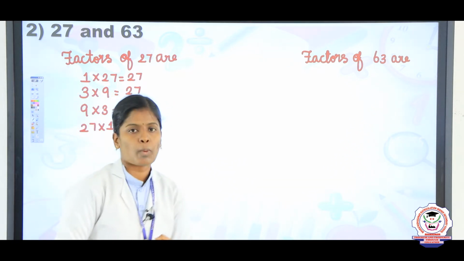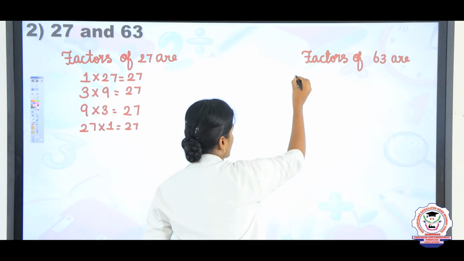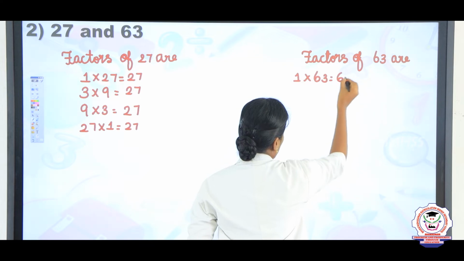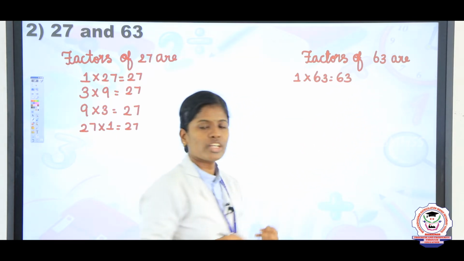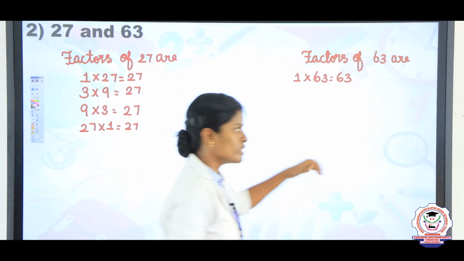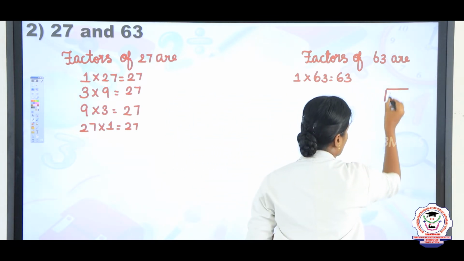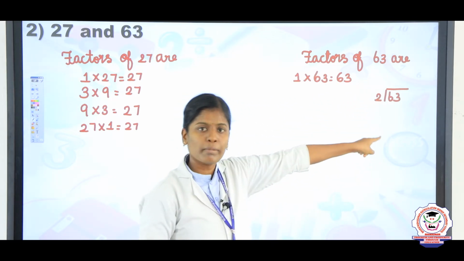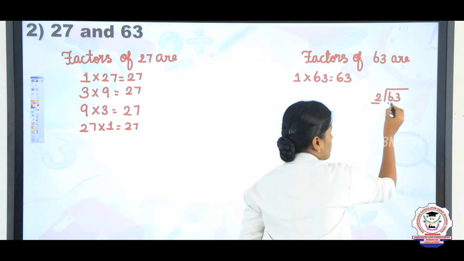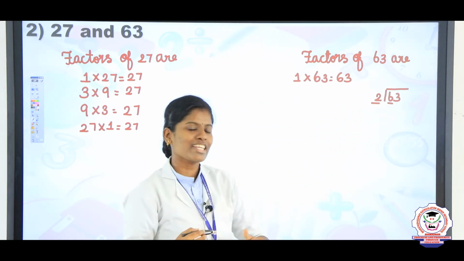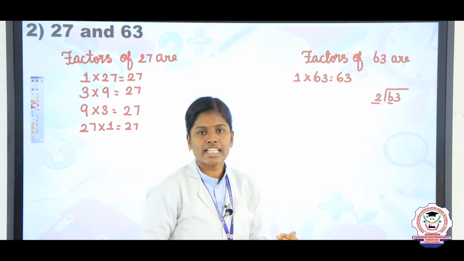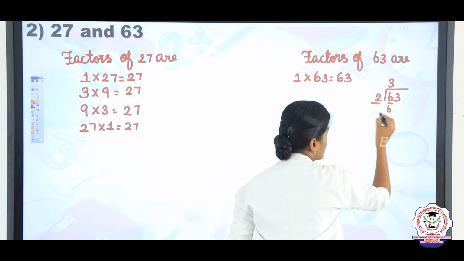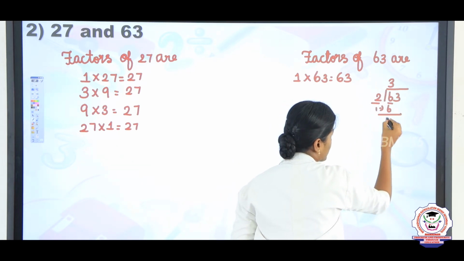The first table is 1 table. So write 1 63s are 63. And next I am going to take 2 table. So whether it has or not. So listen here, take 63 divided by 2. So here we have 1 digit number, so inside also you should take the first digit number. 2 table of 6. Yes, how many times? 2 3s are 6. So the quotient value is 3. So write the answer, 3 2s are 6. Now 6 minus 6, the answer is 0.